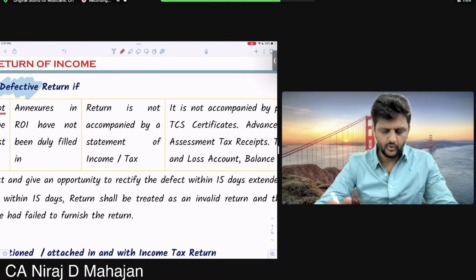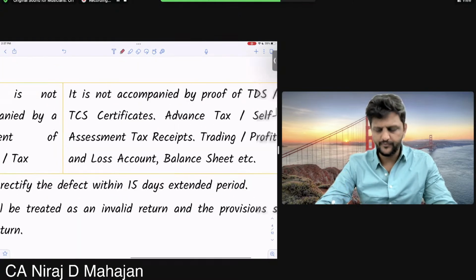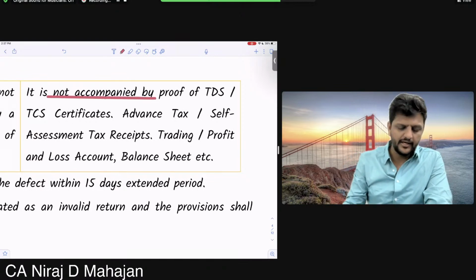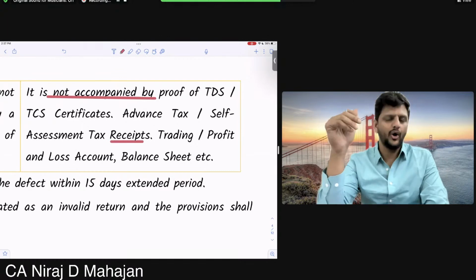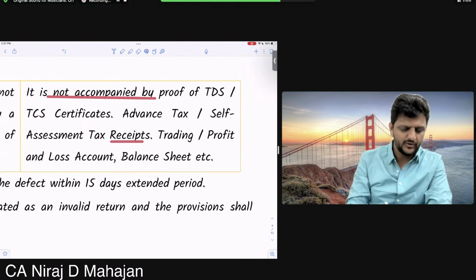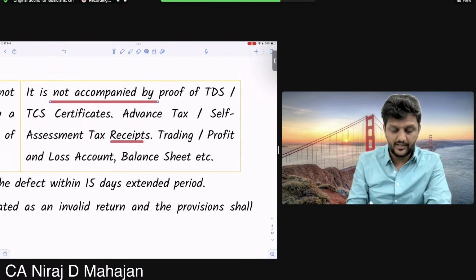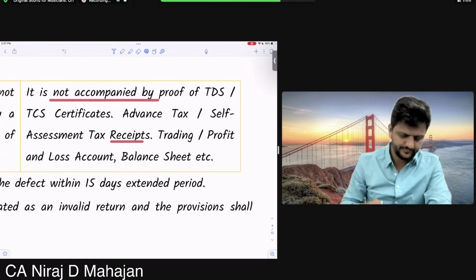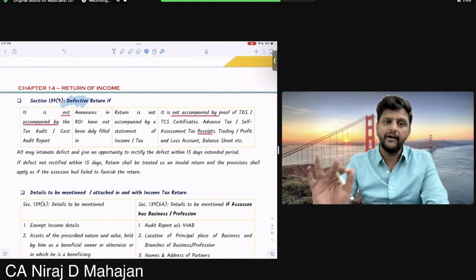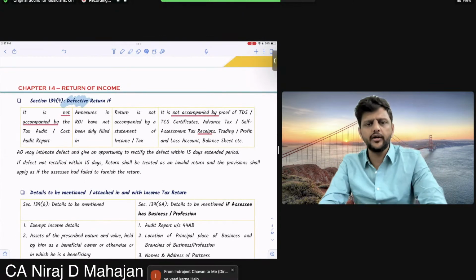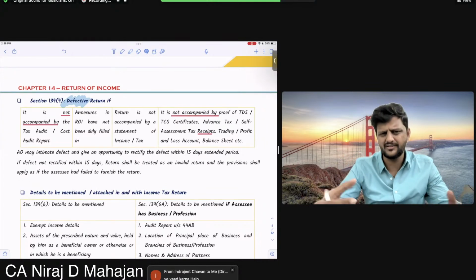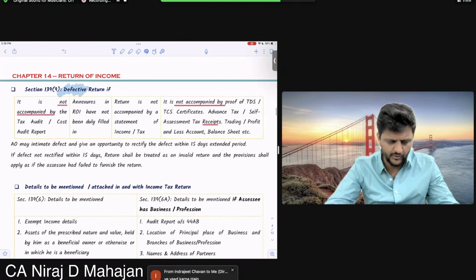Right? So if the details are missing, they are called, children, what? Your defective returns. Then check. It is not accompanied by proof of TDS, TCS, advance tax receipt, etc. Then trading or profit and loss account, balance sheet is not filled or not shown properly. Okay? So in that case the returns are called defective returns. The formats are there but you have not filled them properly. Clear? Defective. Those who have failed, so you have filed a return but details are not there. No, you don't have to remember all of these things here. When it will become defective, these are quite common sense, simple things. Now check. AO is who?